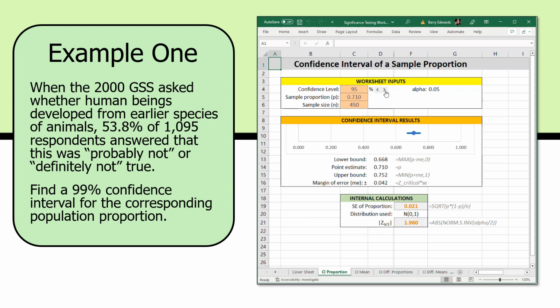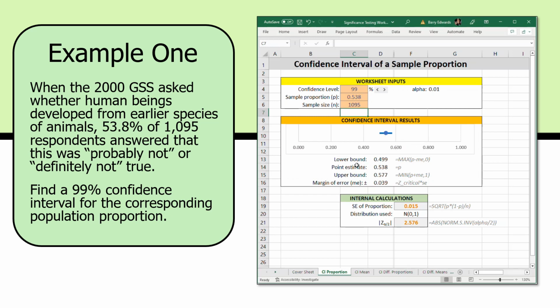So in our worksheet, I'm going to up the confidence level to 99 because the problem asks for a 99% confidence interval. The sample proportion in the problem that's given to us is a percentage, so I'm going to be careful to convert this to a proportion, and the 53.8% as a proportion is 0.538. Then the sample size is given to us in the problem, 1095. So when I enter, the worksheet automatically plots a confidence interval,